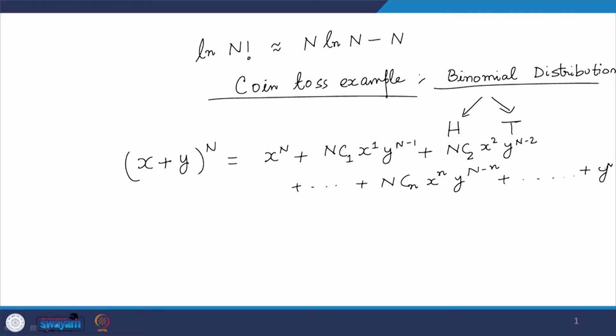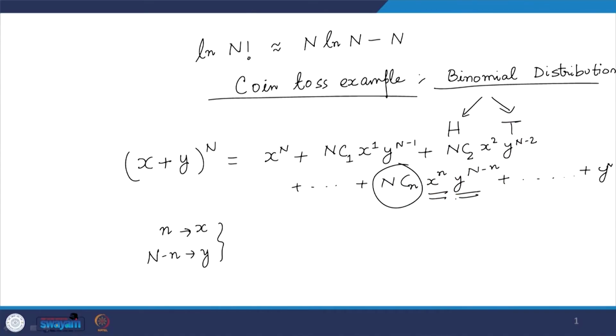So, essentially if I want to find the number of ways in which small n times you get the output x, automatically N minus n times you get the output y. So, the number of ways of doing that is given by the coefficient of the nth term here, because in here x is coming to the small n power and y is coming to the N minus n power. The other way of saying that is we are multiplying x small n times and we are multiplying y capital N minus small n times, and therefore, the number of ways of doing that is N C n, which is the same as the formula that we obtained earlier,